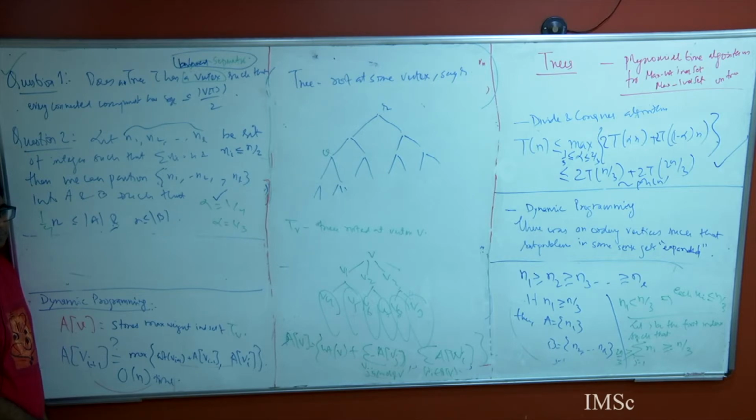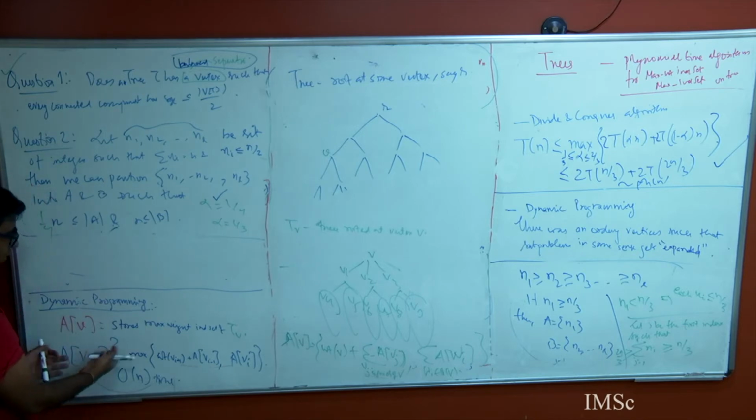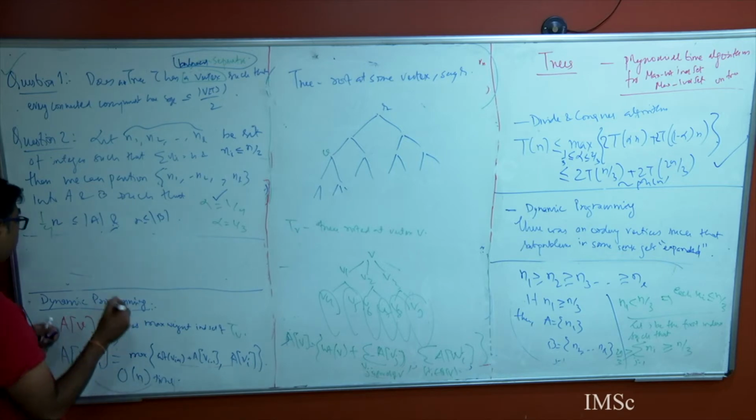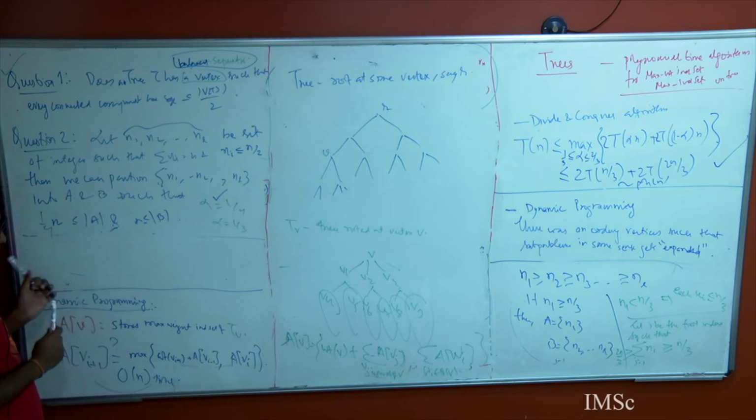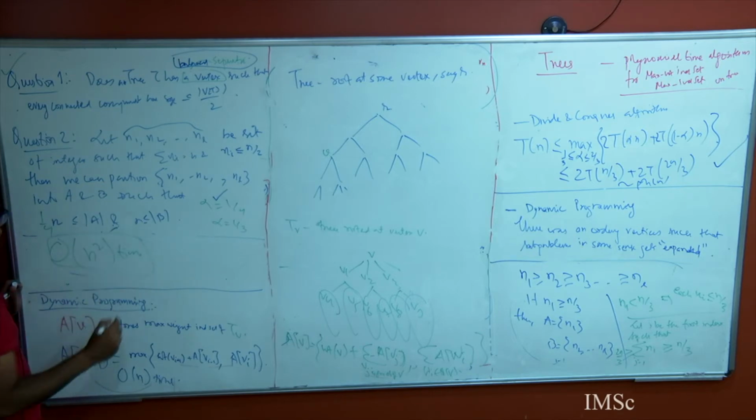It's again order n, right? Because you're just storing one value per vertex. It's order n into order n, so order n squared. Okay. So, when we did dynamic programming on a path, you got linear time, and now you're getting an order n squared algorithm. No, I don't like it. So, can you do something to make it linear time?